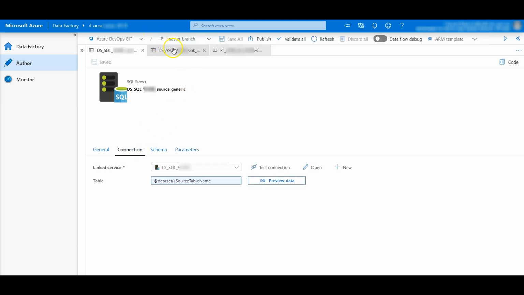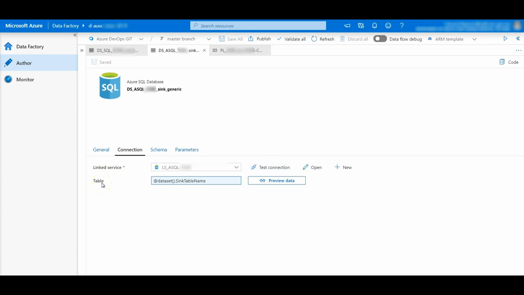So let's go further and define the sink dataset or the target dataset. As you see here, my target dataset uses the Azure SQL Database linked service, and I have defined a generic name for that. Always remember to give a good naming convention in Azure Data Factory, otherwise your life can be a bit difficult there. Alright. In the connection tab, as you see here, I have selected the linked service for the Azure SQL database. I can open the connection from here, and I can also test the connection from here.